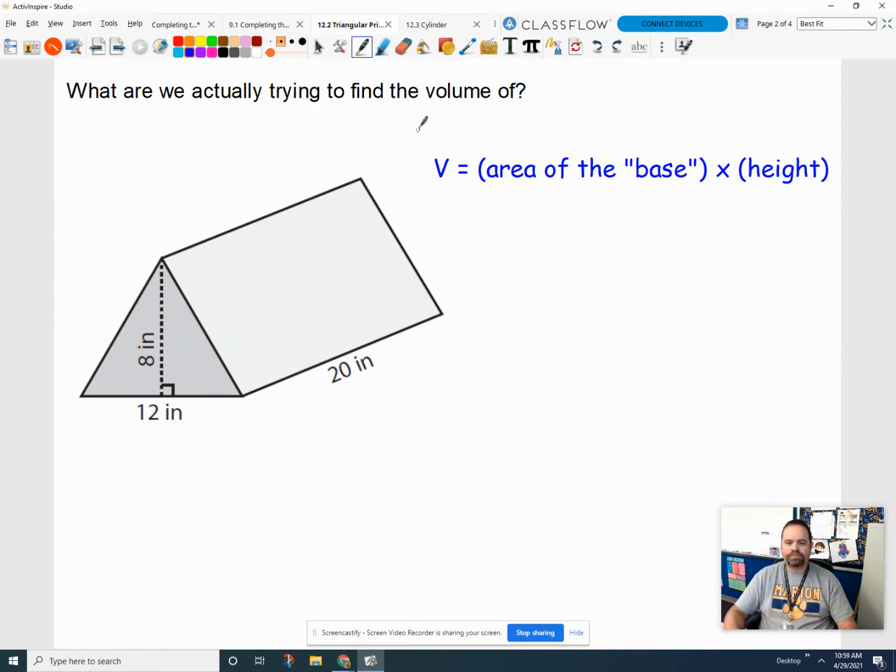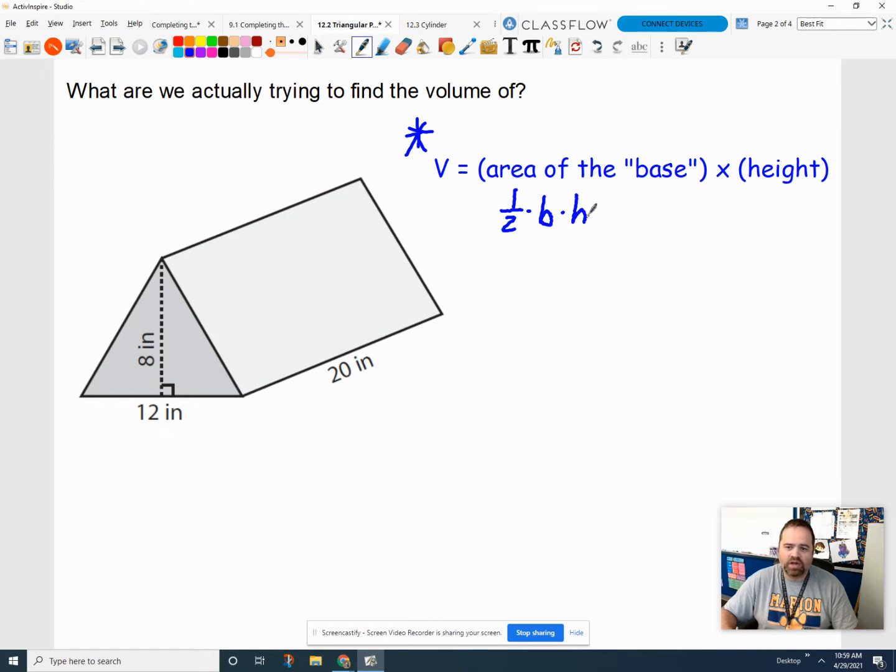So if you'll notice, this generic formula, we're going to find the area of the base. This is a triangular prism, so we're going to find the area of a triangle, and then we're just going to multiply that by 20 in this example. So we're going to multiply by how long it is. It might seem kind of weird not having a hard, fast formula for this, but the idea is they're all very similar shapes. So in this particular instance, I want to find one half the base of the triangle